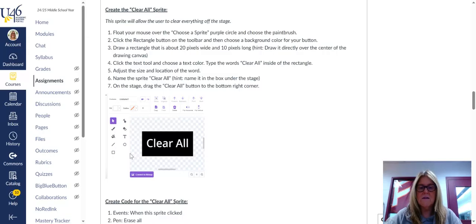And then I typed, I guess I didn't do white after all, but I do want white. I don't like how it looks with the red. Okay, there's white. All right, I'm going to click in here, and I'm going to type the words clear all. And then I'm going to use my selection arrow, and you can make this bigger if you want, and you can center it. I should center my rectangle first. Center that,